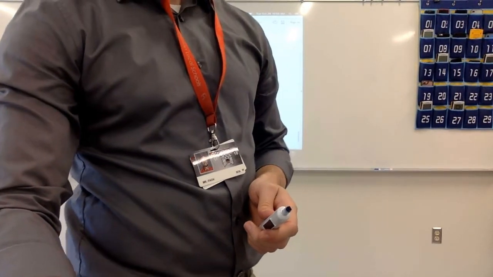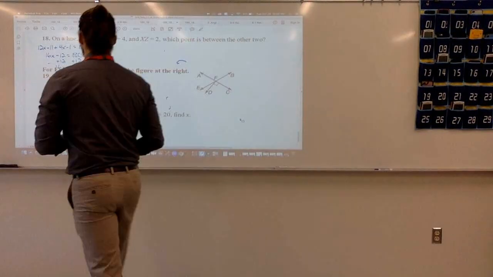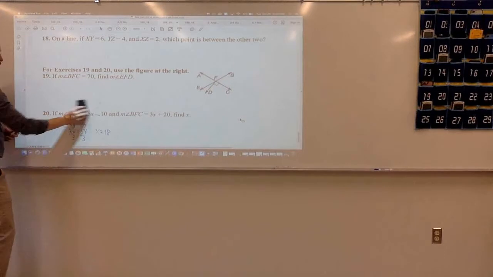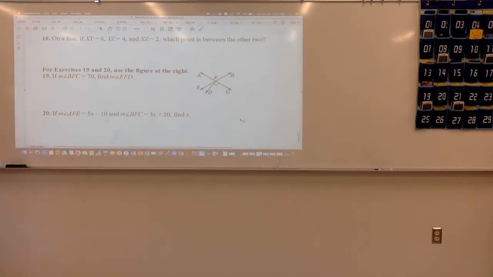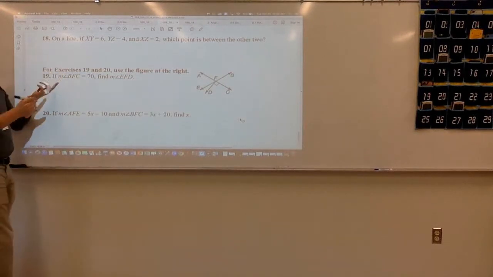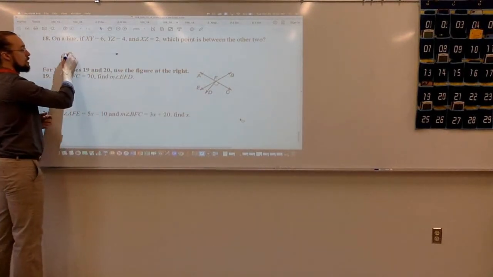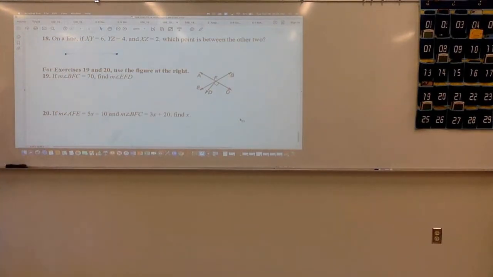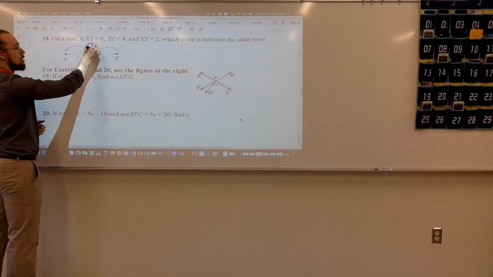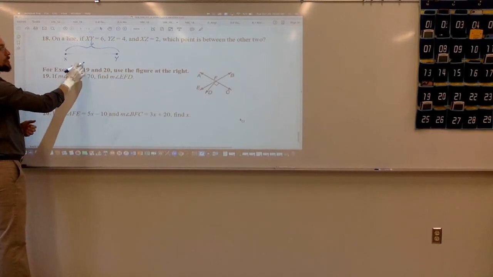Then on the next one, which is also number 18, we just had to think about what the problem is saying. We're given a line, and xy is 6, yz is 4, and xz is 2. If we're thinking logically here, the largest distance would have to be the two points that are farthest apart. So if the distance between x and y is 6, and then I can say 19 and 20, I'm using this